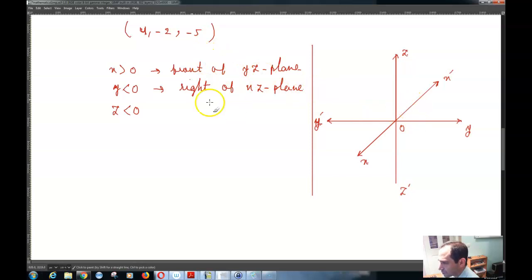And so then, since z is positive, then you are to the top of the basically XY plane. That means that if you do the math over here, but of course we are doing math, but if you do the math over here, you are in the